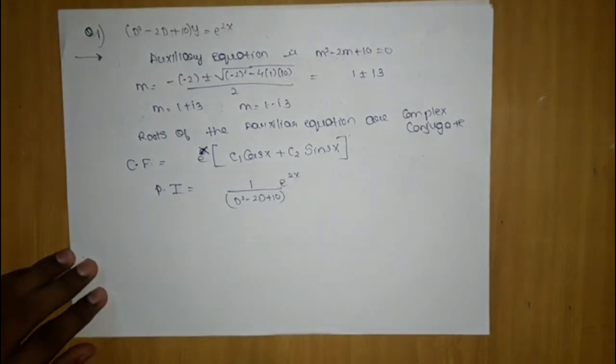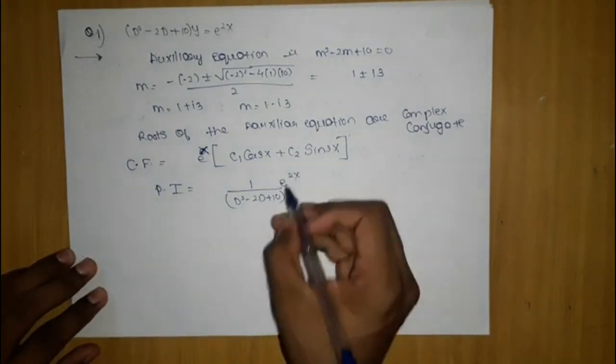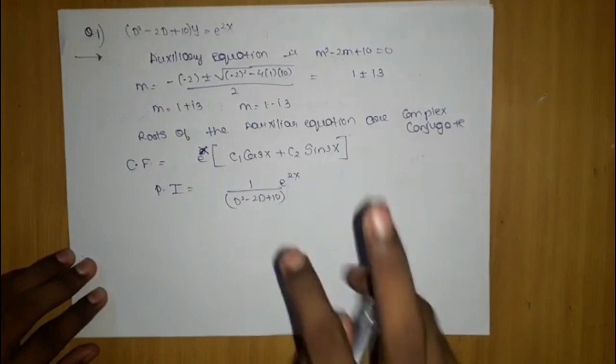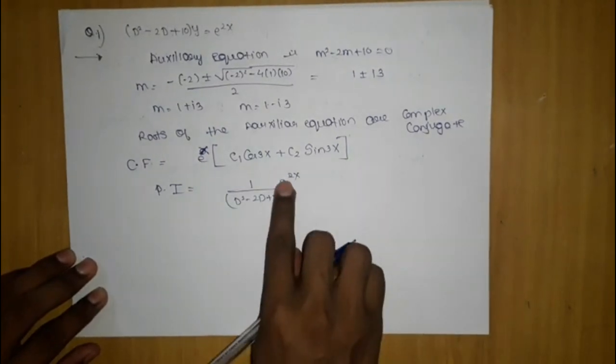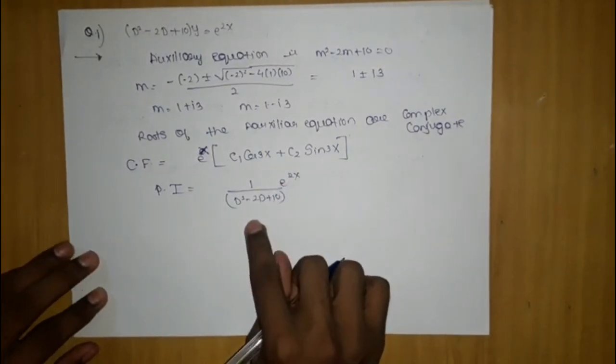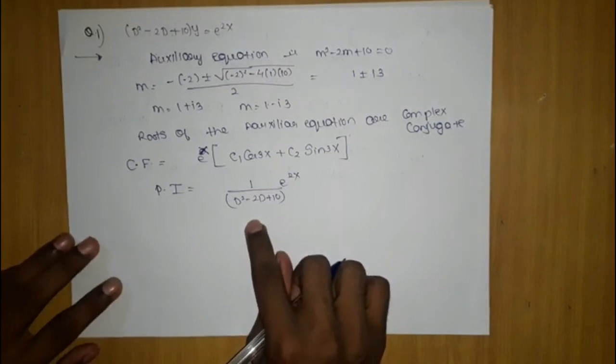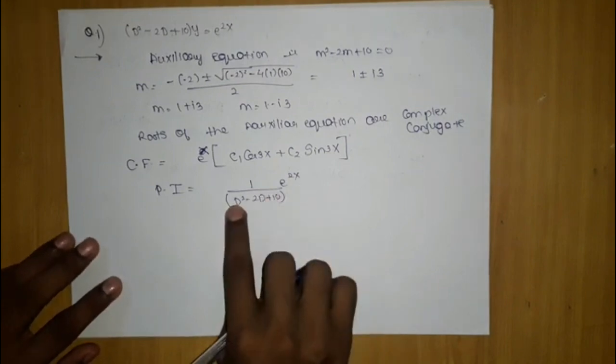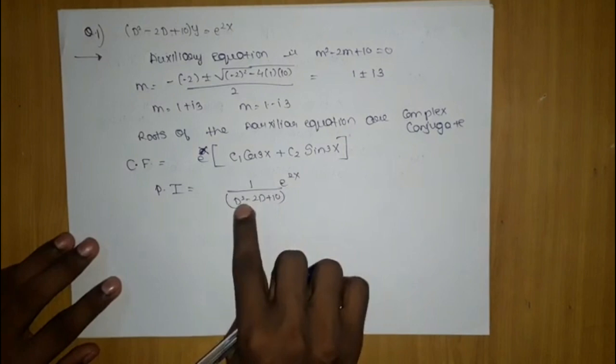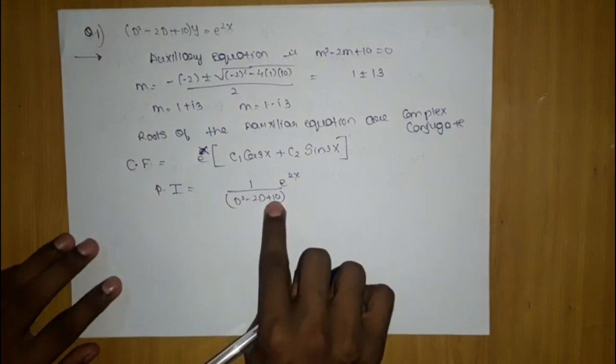Now what was our job? Replace all the D by a. What is our a? a is 2, since e power ax was there, so the a value we can make out from here. So if we substitute a here, we check whether it is coming out to be 0 or not. Here if you put it in, this will be 4, 4 minus 4 is 0, but 10 will be left. So it is not coming to be 0.